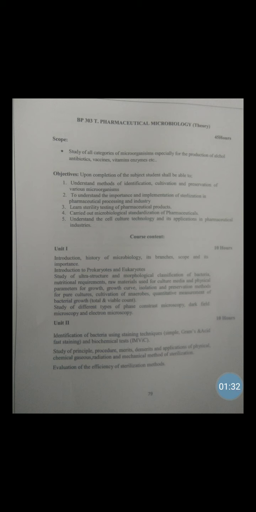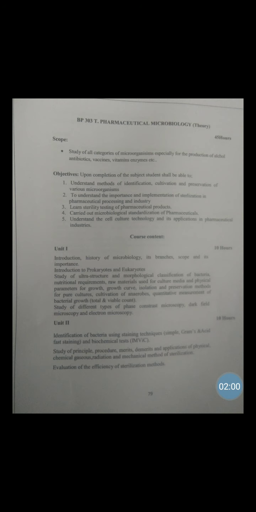Keep in mind, the commonly used gas for gaseous sterilization is ethylene oxide in combination with carbon dioxide. The carbon dioxide is added to minimize the chances of explosion. Why is carbon dioxide added? In order to minimize the chances of explosion. In this case, the sterilization is done with a chemical in gaseous state.